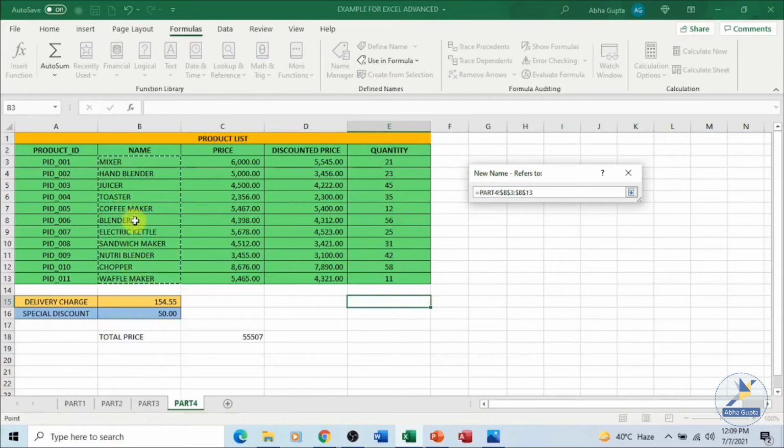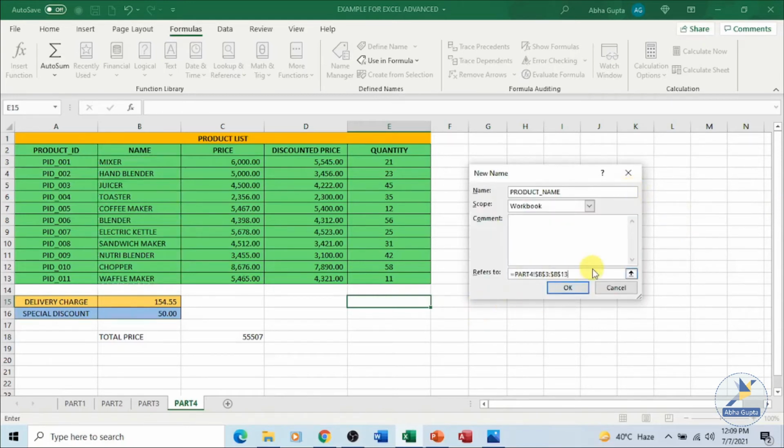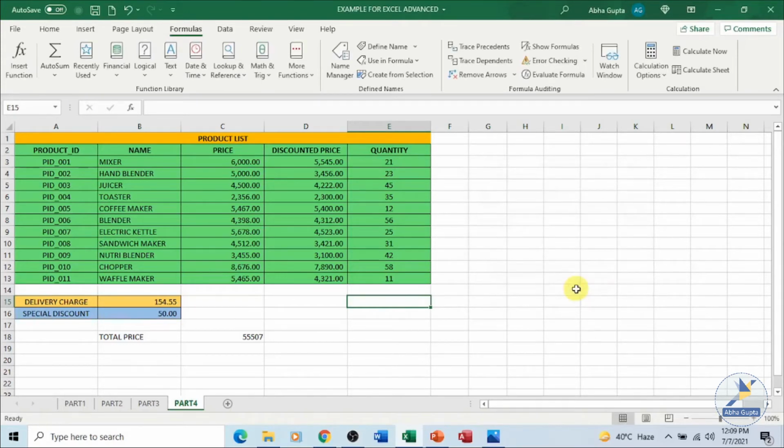Just select it the way you normally do. If you look at the name box over here, you can see your cell range. You can also manually type in the cell coordinates over here. That is fine. That is up to you. Once your selection has been made, you can always click on the arrow which is pointing down. This range has been confirmed and click on OK.